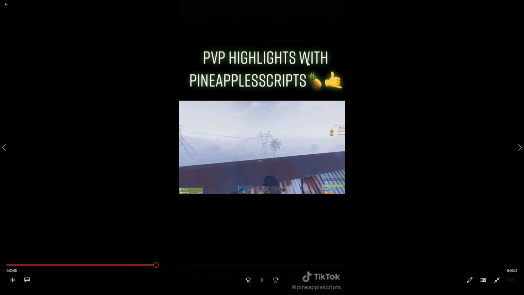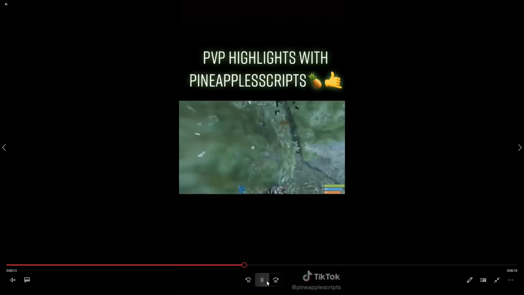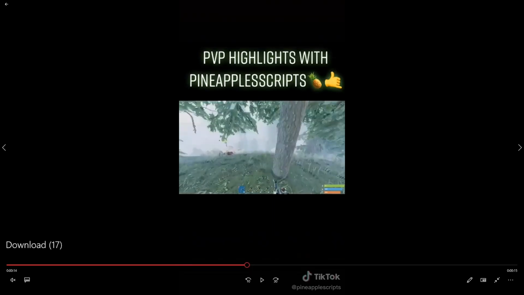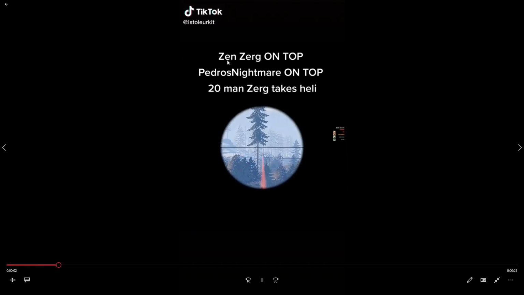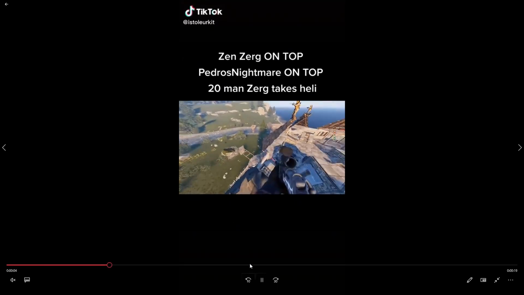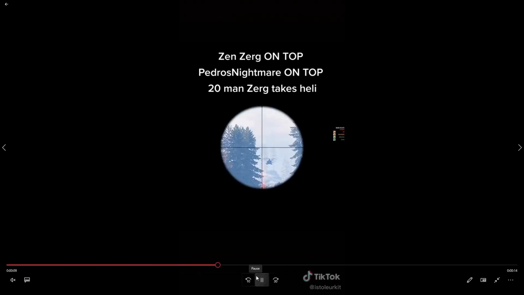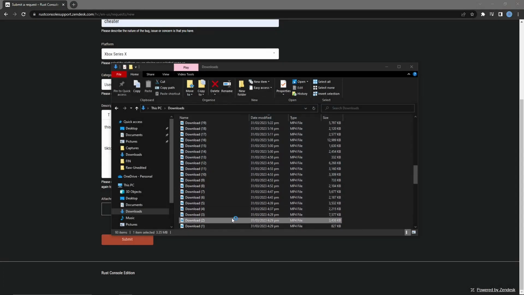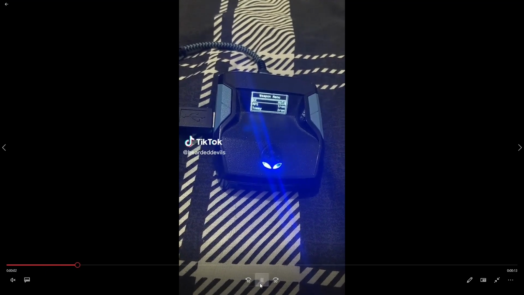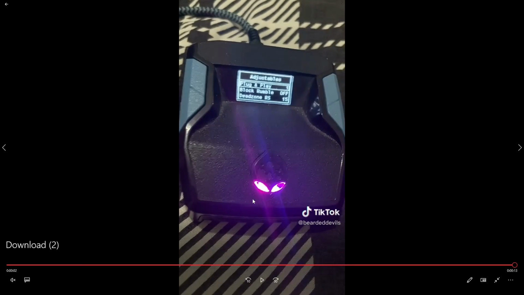saying that they have highlights with a pineapple script, which was a script that they themselves were selling, which obviously had to be reported. In this one, for example, Zenzerg on top, Pedro's Nightmare on top. This person got reported for that one too, because obviously they're saying they use a cheating device. Maybe this one. Oh, this is okay, a thing of the device itself, which would be used